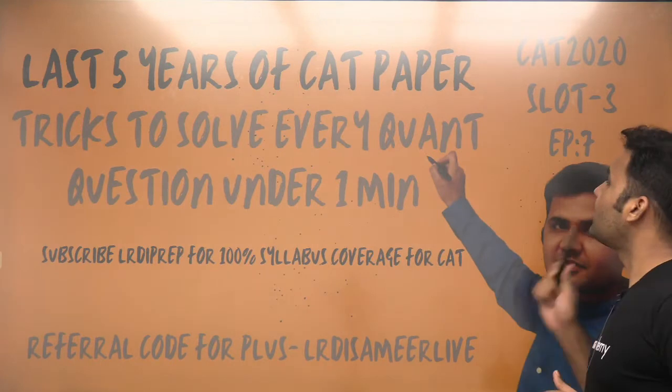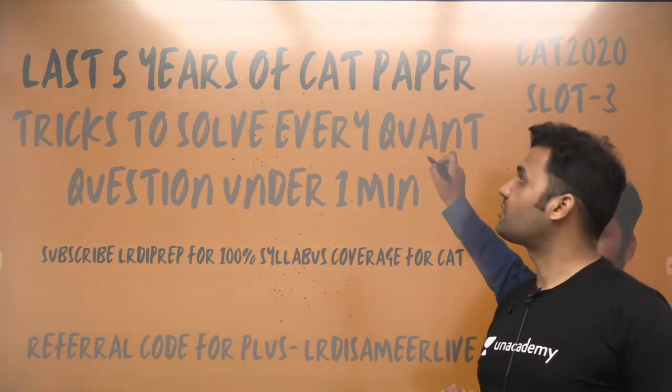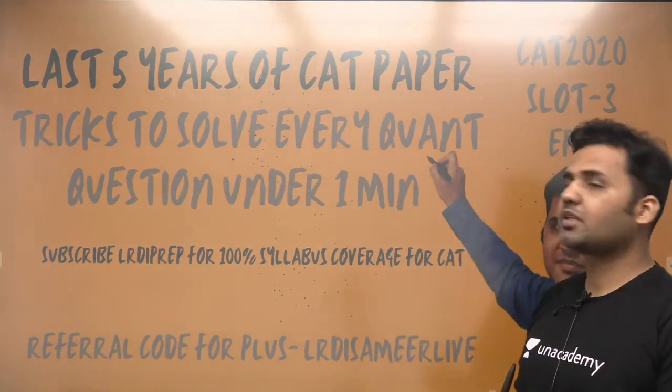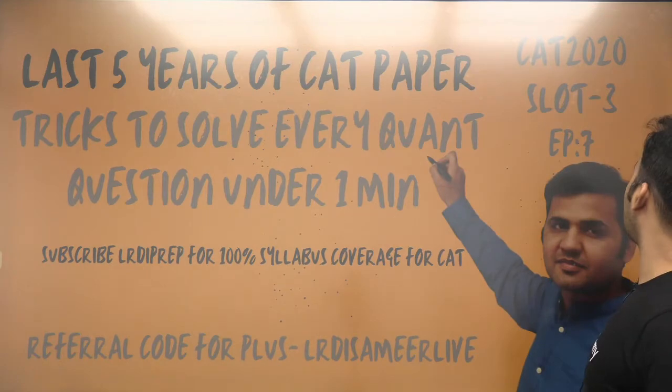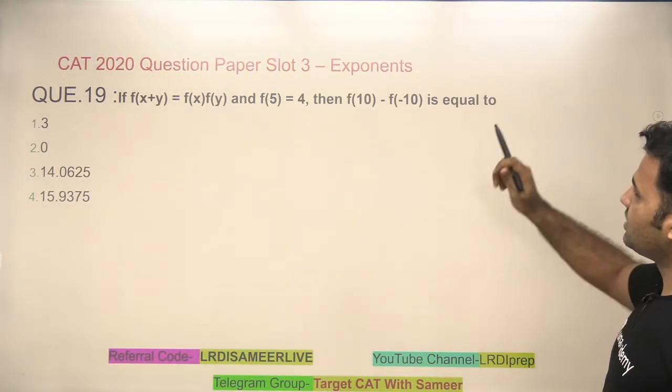So this is episode number 7 of CAT 2020 Slot 3 in the series of last 5 years of CAT paper. Tricks to solve every quant question under 1 minute. Let's look at the question number 18. We have covered 17 questions till now. This question,